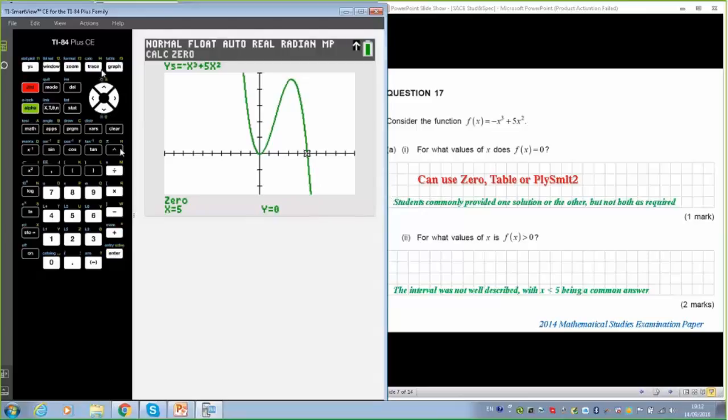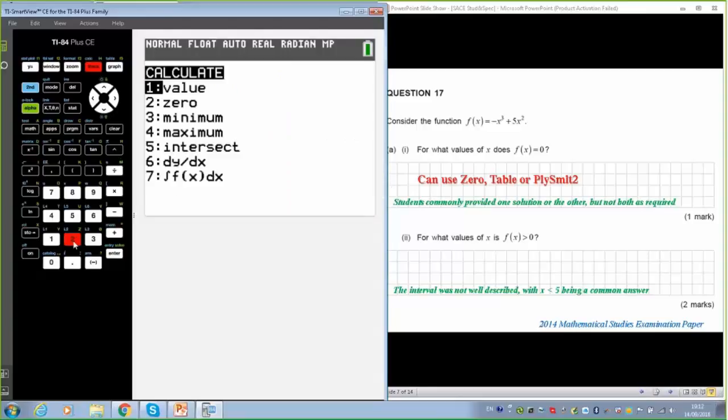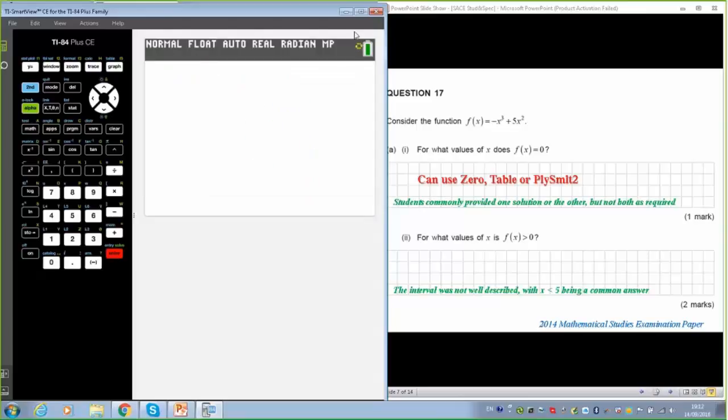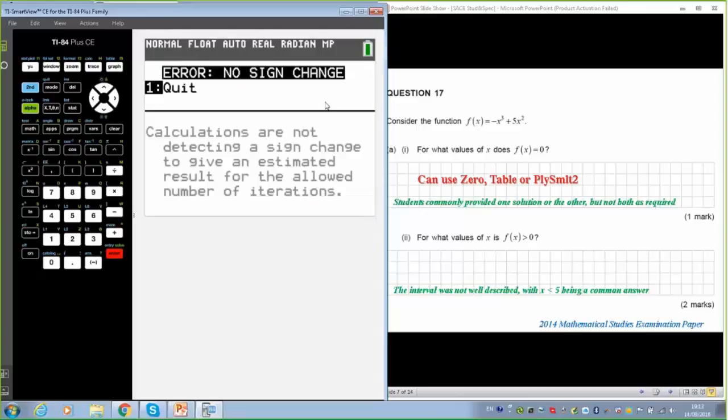And I wonder if it will give us the other one. Second calc, the 0. What do you reckon, Carol? Do you think it's going to give us the other one? We'll be interested to see if there's a sign change. Let's have a guess, -1 to 1. And it's thinking about it. I was a bit impatient. There you go, no sign change, which is a nice thing for the students to think about and go, hang on a minute, why is it giving us no sign change?